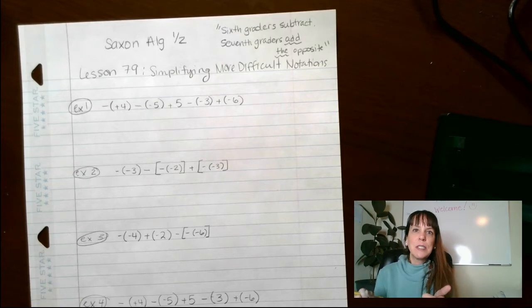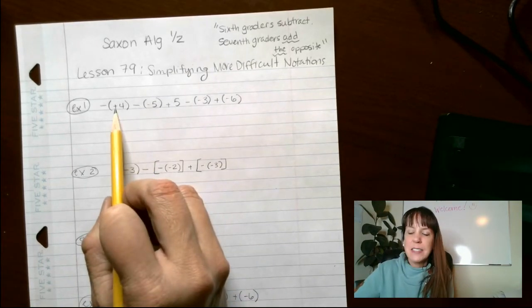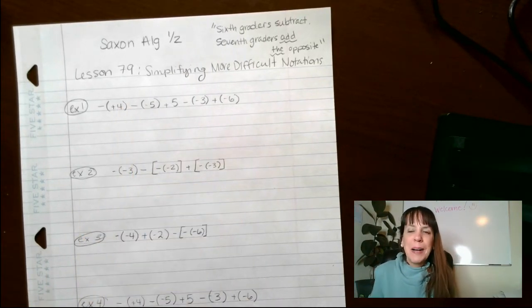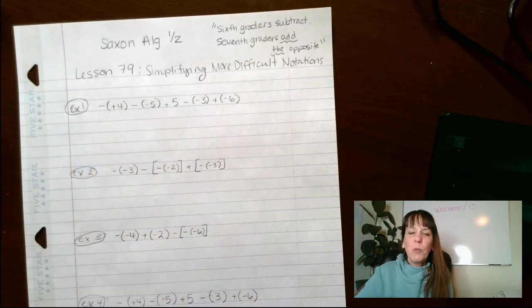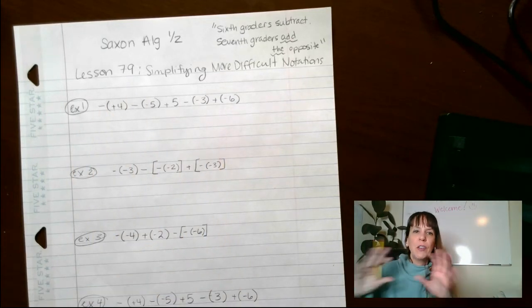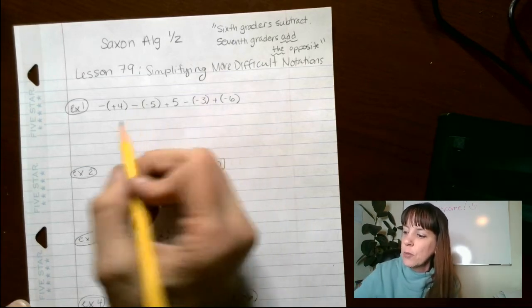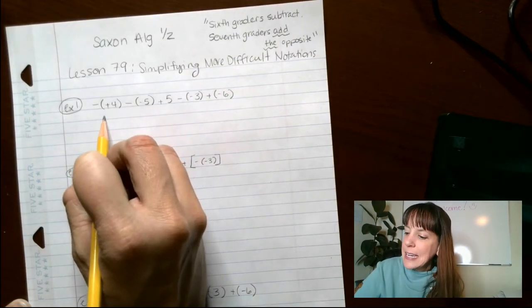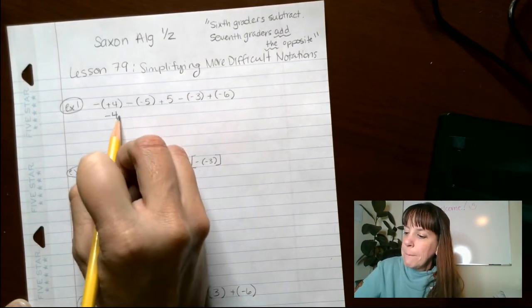anything that denotes a positive. Do you see this negative or this positive 4 here? You don't have to put a plus sign to show a positive, okay? But what we want to do is I want to get rid of all these parentheses here. That's really annoying. So the way I'm going to rewrite this is -4 minus